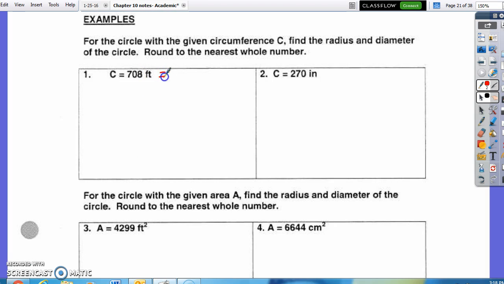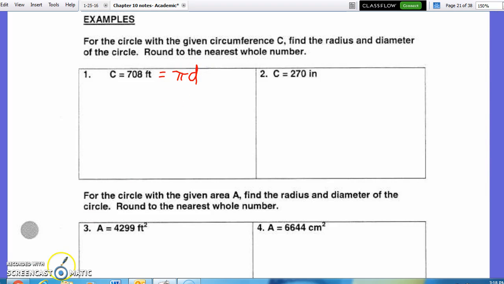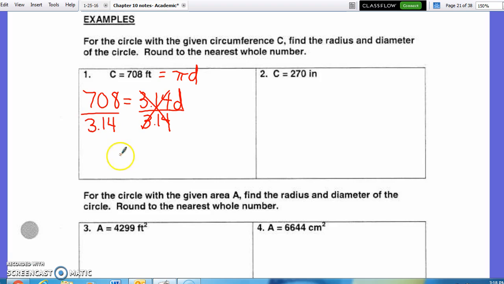Now circumference is equal to pi times the diameter d. So I'm going to write out that 708 is equal to 3.14, which I'm substituting here for pi, times d for diameter. Now to solve for diameter, I'm just going to divide each side by 3.14. So those inverse operations cancel out 3.14. But what I do to one side, I have to do to the other. So now to solve for d, I do 708 divided by 3.14. That's going to give me 225.47